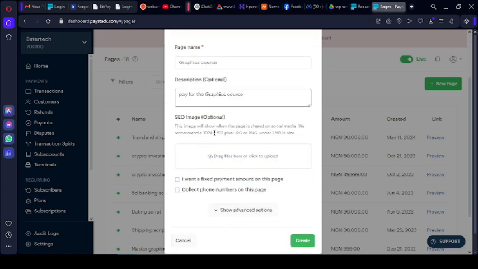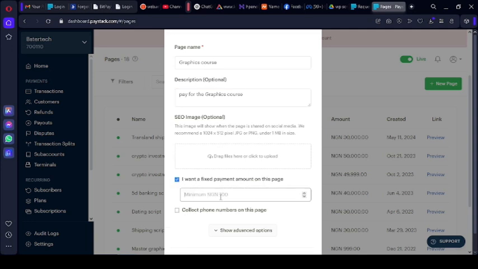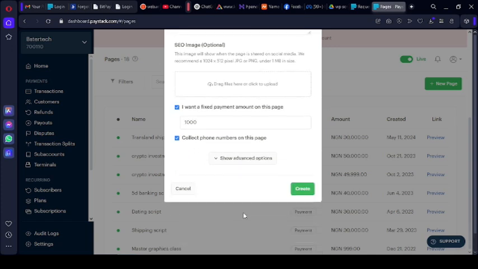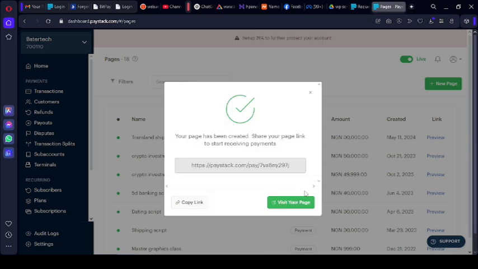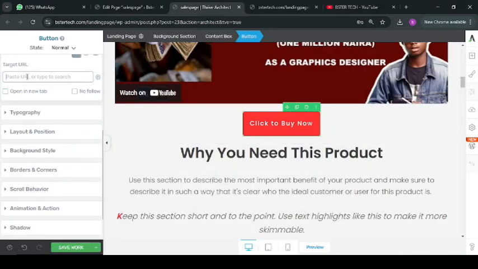Then from here I can decide to put my SEO image, but for now I don't have any SEO image that I want to upload. Now, if I have a flyer, I can put it here, or a logo. Now I will just say I want a fixed payment on this page, because I want a fixed payment of how much. A fixed payment, remember the price we tag there is 1,000 naira. And from here I'll say I want to collect phone number. Now I can just click on create. Now the link has been created. So if I copy this link now, then go back to my payments page, if I paste this link here and save,